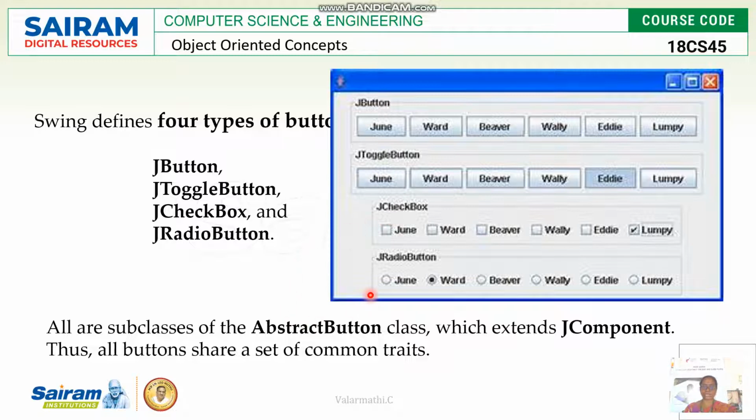Another type of button is the radio button, which looks different from the checkbox. Checkboxes are square boxes where we can enable the item by clicking to show a tick. Radio buttons look circular. If you select one item, it will be marked with a dark dotted circle. Likewise, the appearance of these buttons differs.